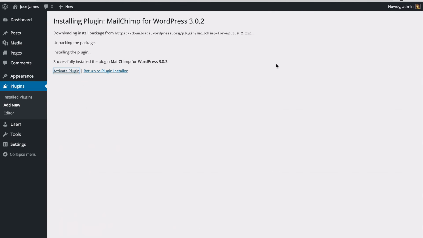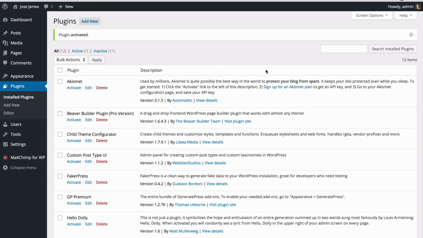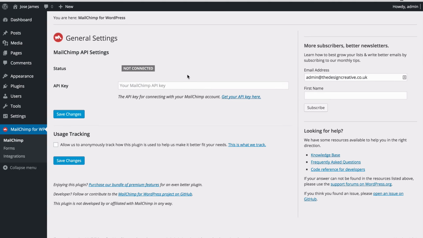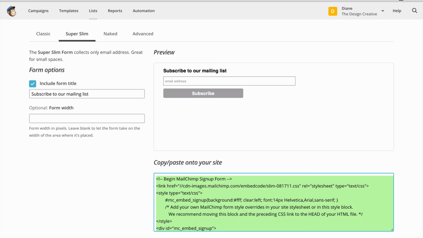Once we activate the plugin, we'll be able to see our new plugin activated in the menu bar. Once we click on MailChimp, it will bring us to a screen that asks us for an API key. Now what the heck is an API key? An API key basically talks to MailChimp and retrieves information from MailChimp that the plugin needs in order to work. So let's go back to